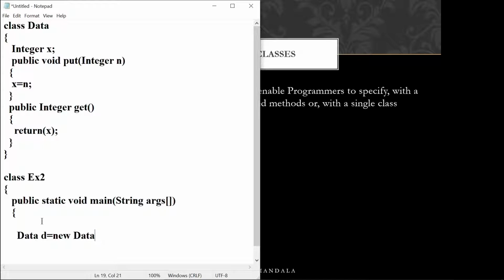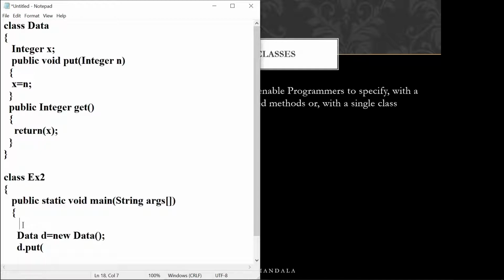We have created the object, and now I want to call d dot put. How will you call it? By using this object dot put, and you need to pass an argument of integer type. Before passing that, let us create one argument.